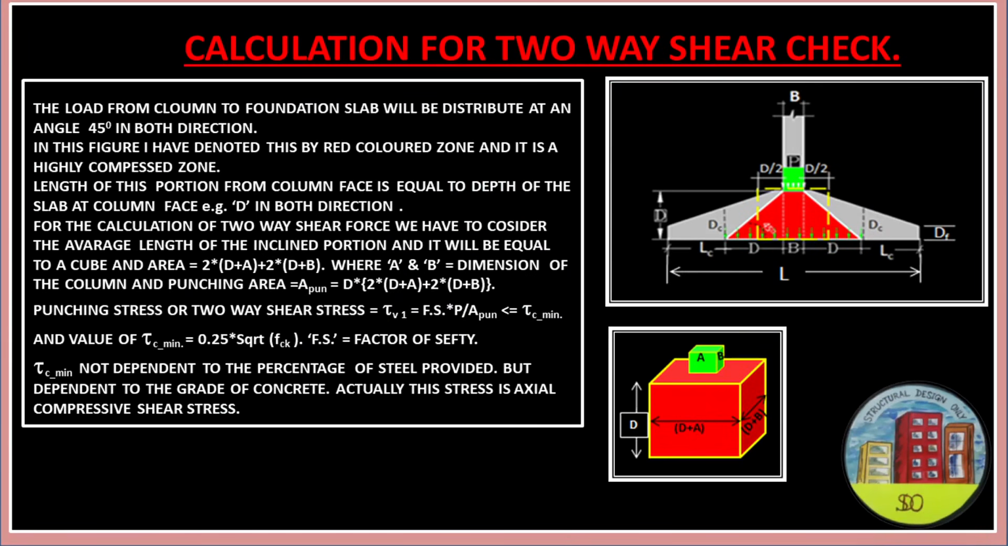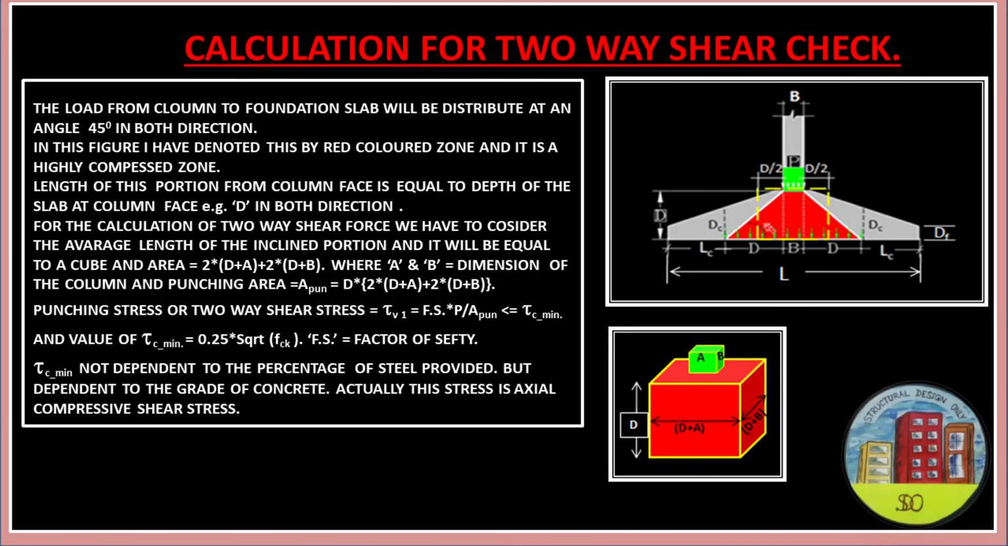Calculation for two-way shear check. This is the cross section of a footing. When the load is releasing at the top of the footing, it will distribute at an angle of 45 degrees in both directions. In this figure, I have denoted this by the red colored zone, and it is a highly compressed zone. Length of this portion from column face is equal to the depth of the slab at column face, that is D, in both directions. For the calculation of two-way shear force, we have to consider the average length of the